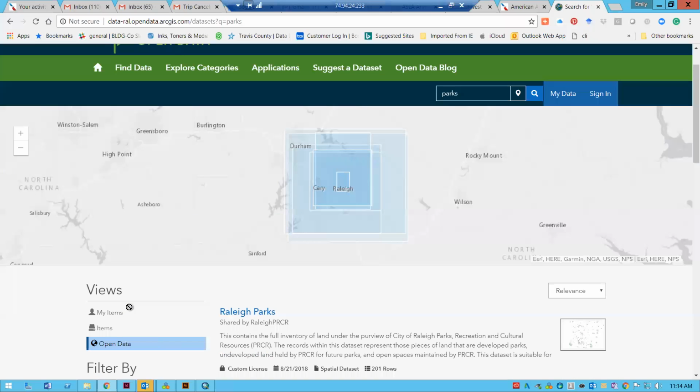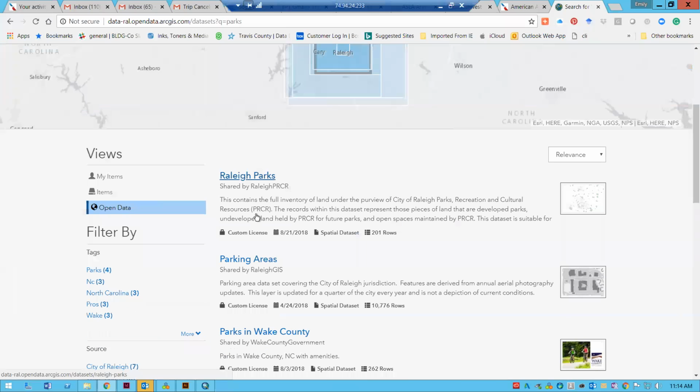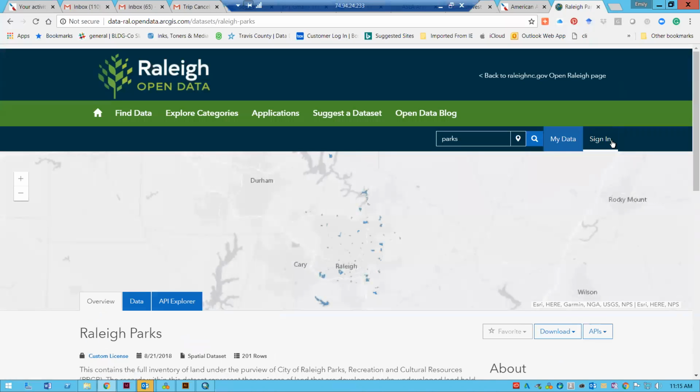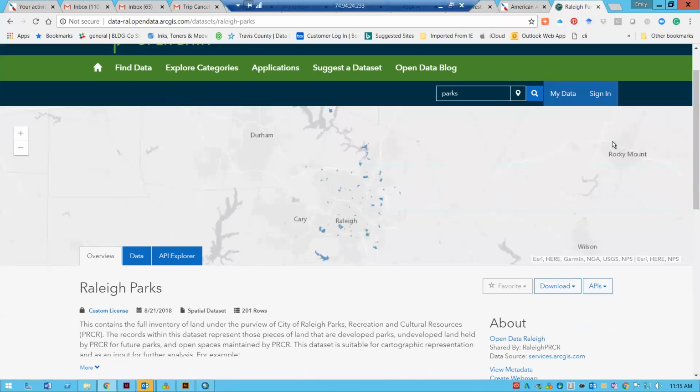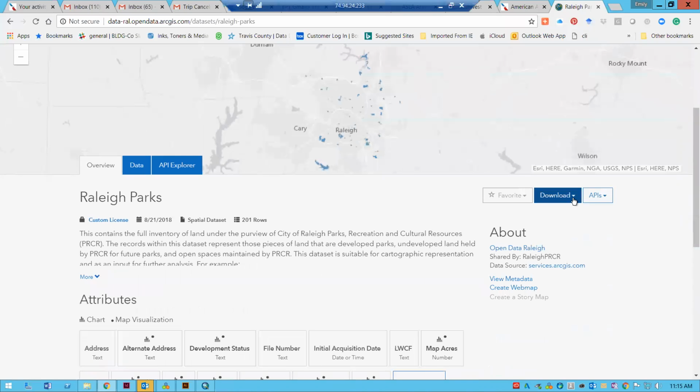And you can browse this data. You can see this has tons and tons of data for Wake County and the City of Raleigh, and you can see Raleigh Parks here. If you click on Raleigh Parks, the other thing I want to highlight is this sign-in page. When you do get your Esri account, you can sign in here and it connects all the data that you download from here. So it's good to go ahead and sign in if you can, but you don't have to. If you click the arrow by the download, you can download the shapefile,